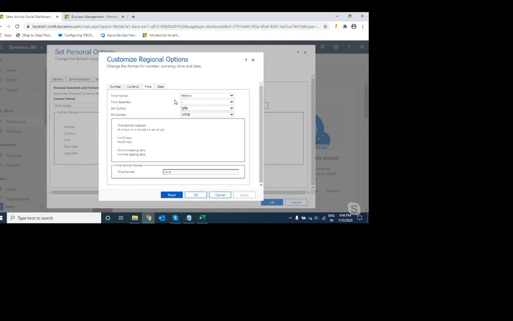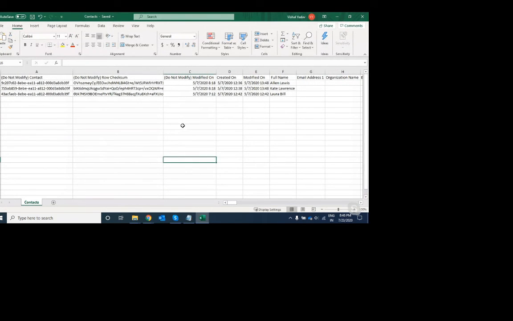And the next step is we have to check the date time format of the data present in the CSV files. So here is my CSV file. For this demonstration purpose, I am using the contacts CSV file. I have brought the date time columns together here just for the demonstration purpose.